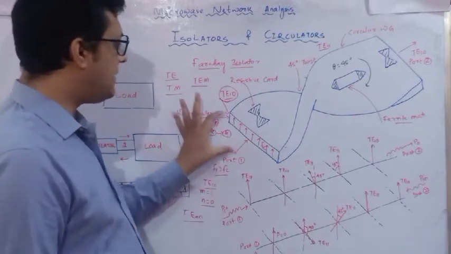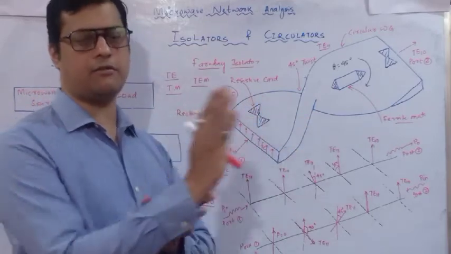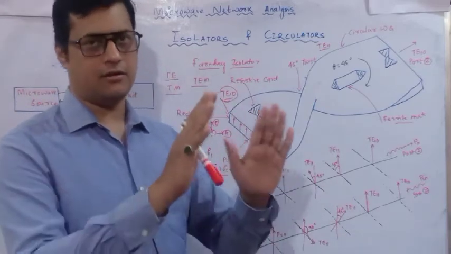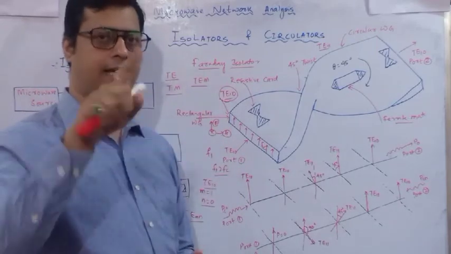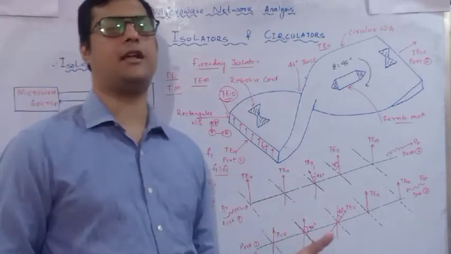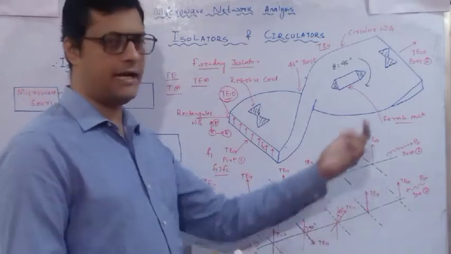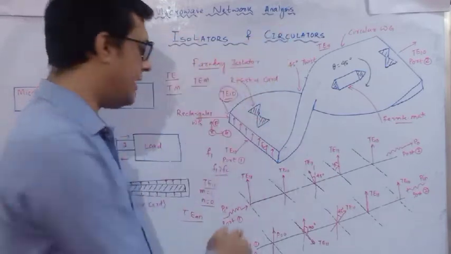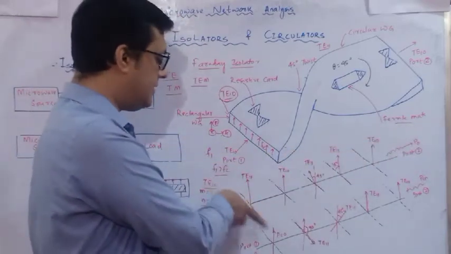How? As I have told, it is a cylindrical system and a rectangular system in which electric fields are going to be analyzed, because we are considering TE10 mode and not taking up the magnetic field. So the condition of TE is Ez is not equal to 0 but Hz is equal to 0. The maximum information we are going to transmit is with the help of the electric field. Here the electric fields, these red lines with an arrow, are perpendicular to the direction of flow. This axis is our z-axis, this is the x-axis and this side is the y-axis.